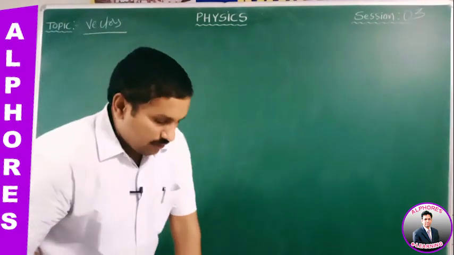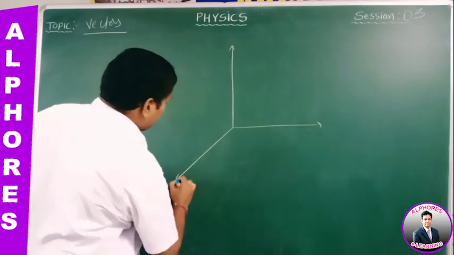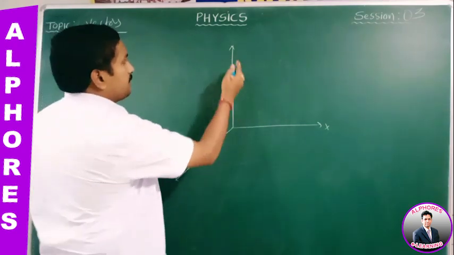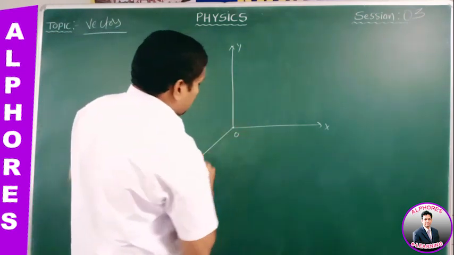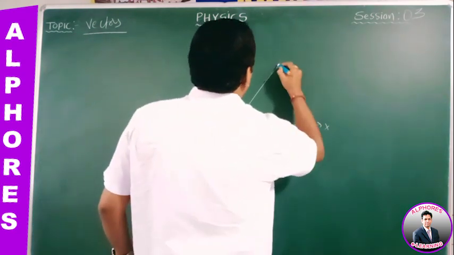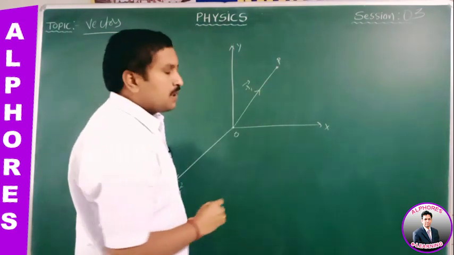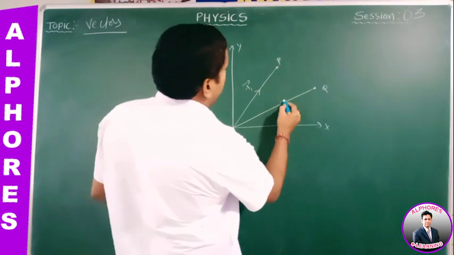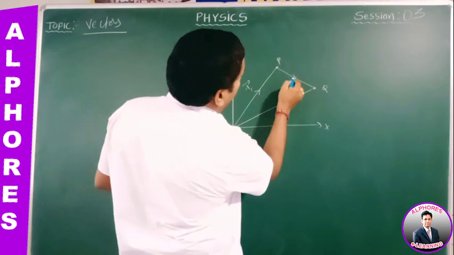Okay, displacement vector is equal to, again I explained, let us say again I am taking the three-dimensional rectangular coordinate system: this is the x-axis, this is the y-axis, this is the z-axis. Now listen carefully, this is the origin. Initially the particle is at point P with position vector r1 bar, and the particle is moving to another point Q in space, which has the position vector, let us say, r2 bar.